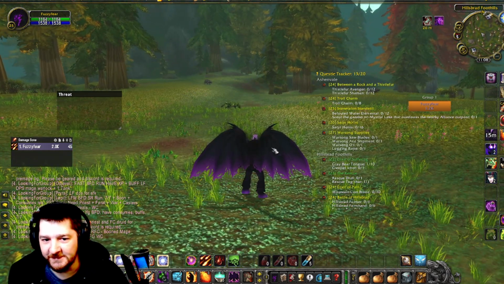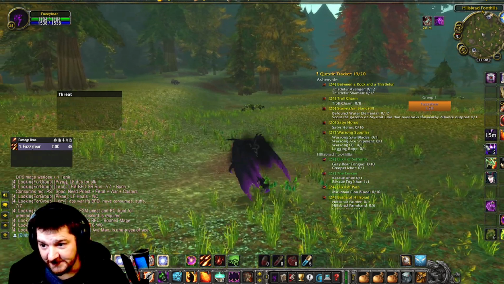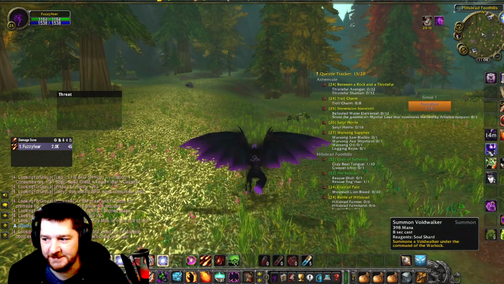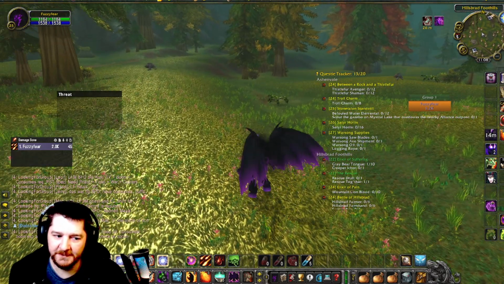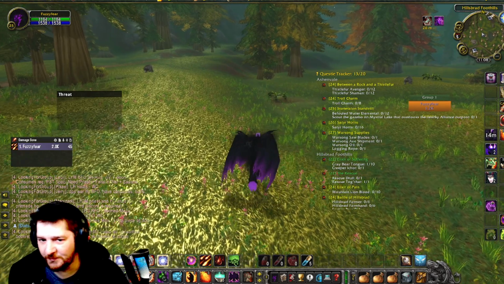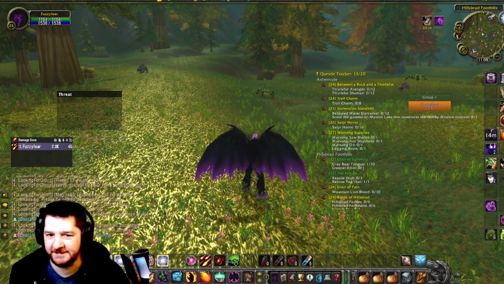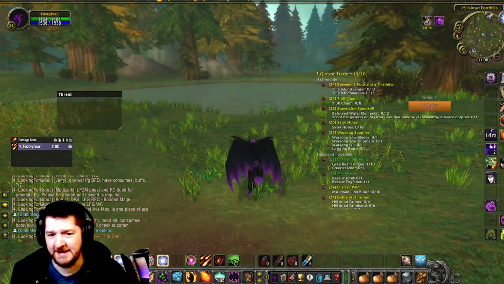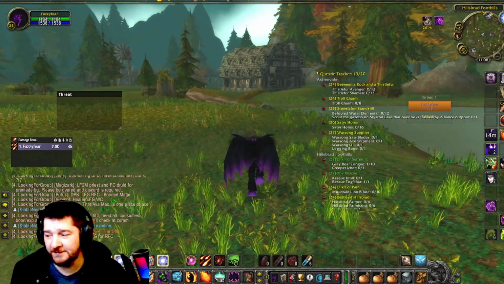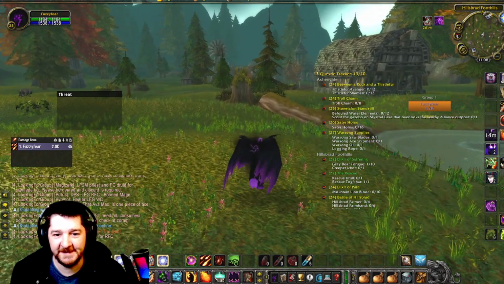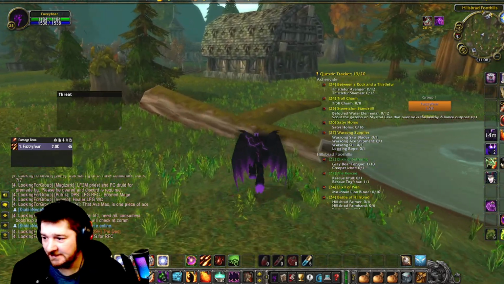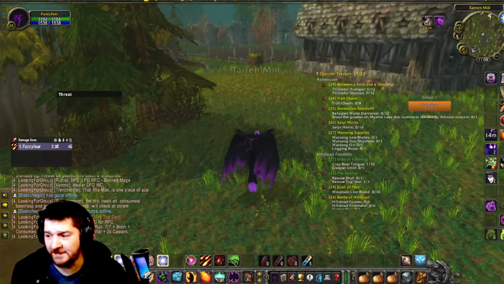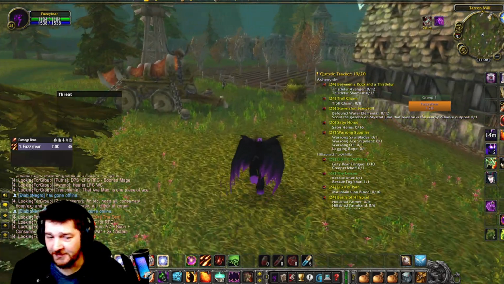Now granted, you can only do that once, and you can't really summon your Voidwalker back out during the fight at that point unless you have another tank that's taking aggro from you. But yeah, 1200 damage. That's my entire health pool, giving healers time to catch up in boss fights where there's a lot of damage coming out in a particular phase.